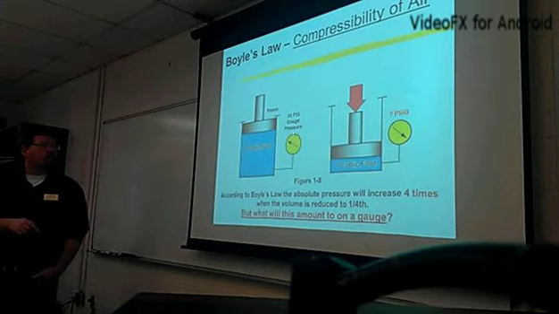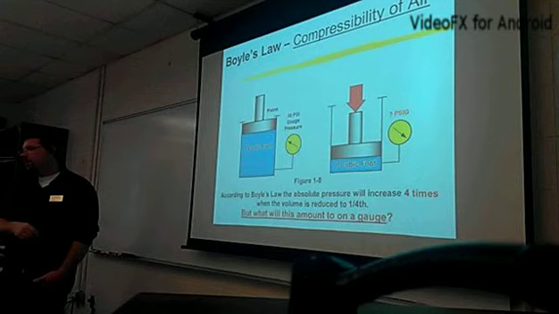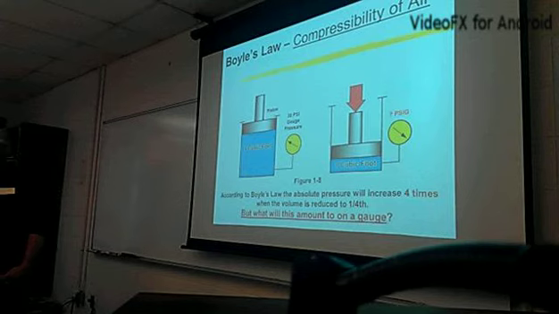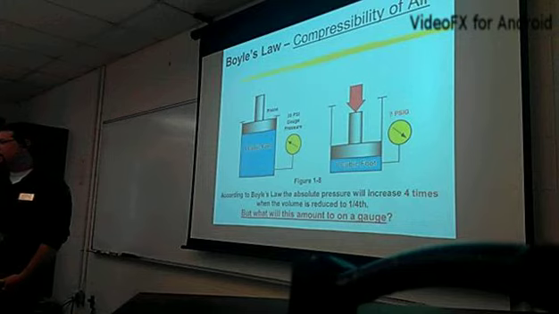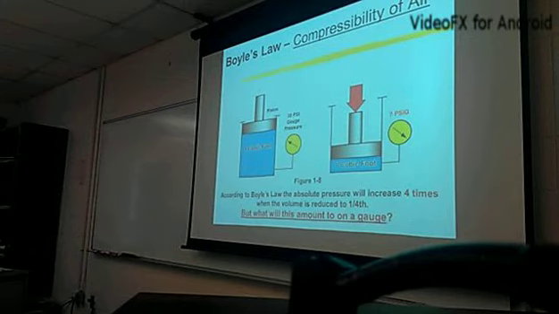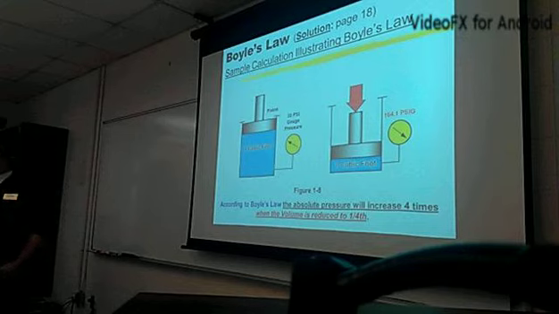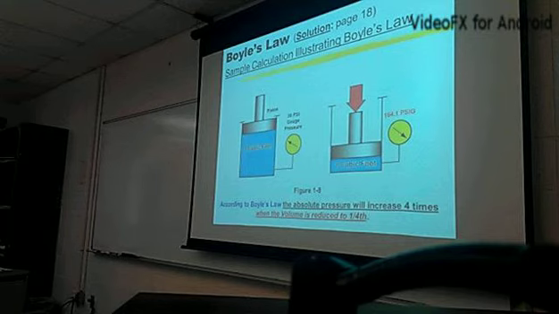Actually, they're kind of tricking you because they want you to take into account atmospheric pressure, but for all intents and purposes, really. If this was a PSIG gauge, then that would be correct. It would be 120. Let's see if it's on the next one. It doesn't make any sense, but you have to add in atmospheric pressure. Right, because it would be 30 PSIG plus 14.7, so it's 44.7